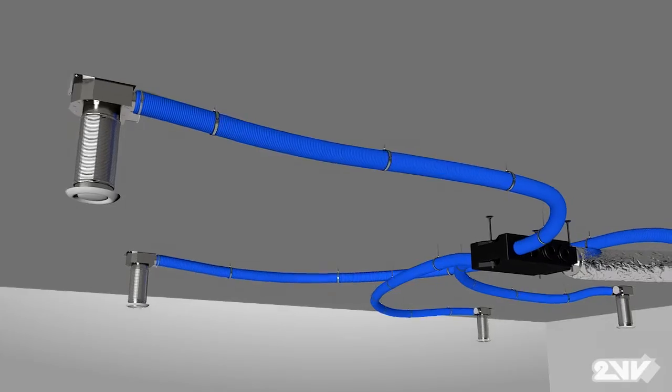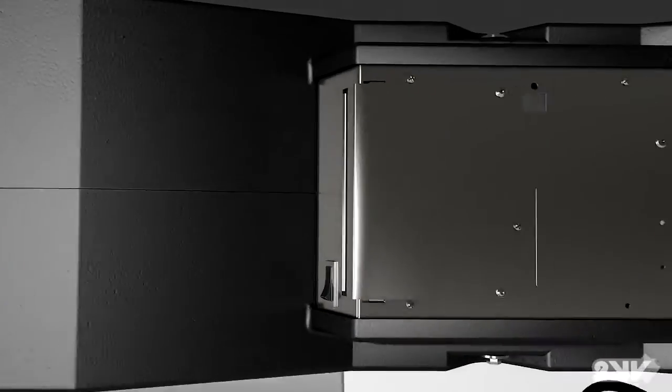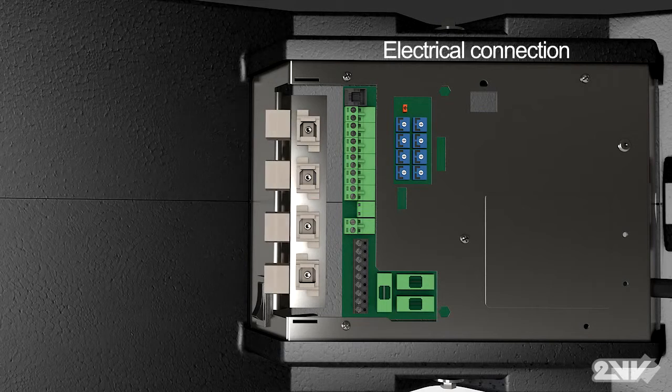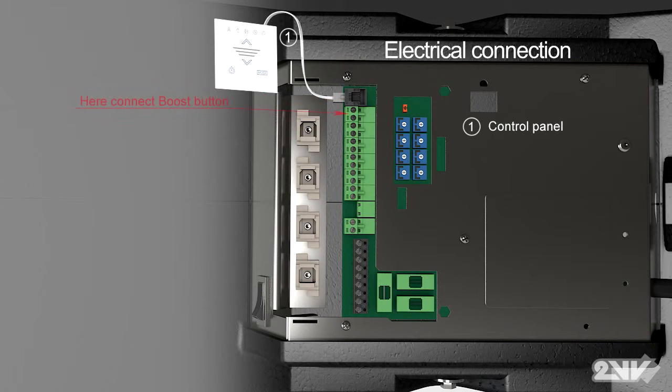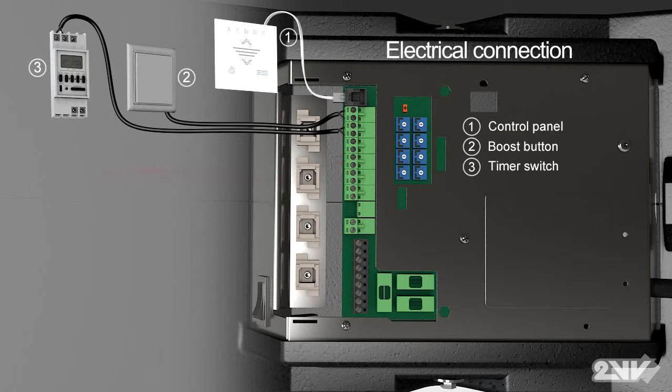Once ducting is completed, let's go now to the unit's power box. You can now set up the electrical connections for Venus. As seen here in the video, connect the display control with the control panel. Now connect the boost switch, the external clock, next the humidity sensor,